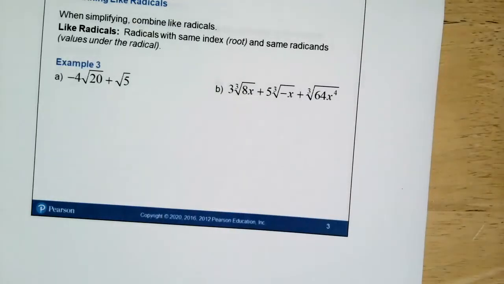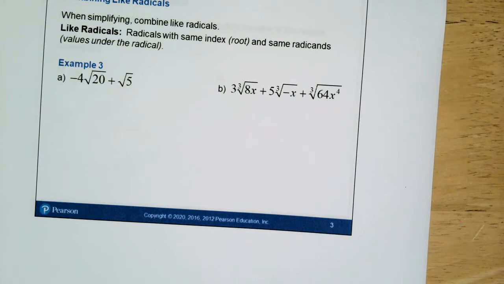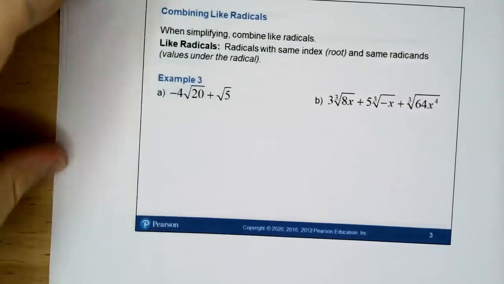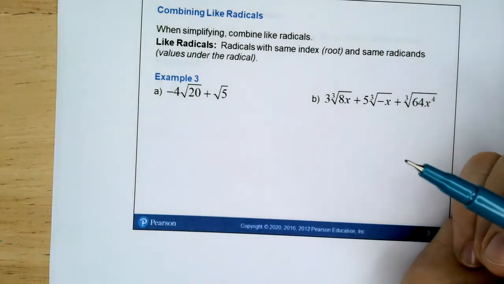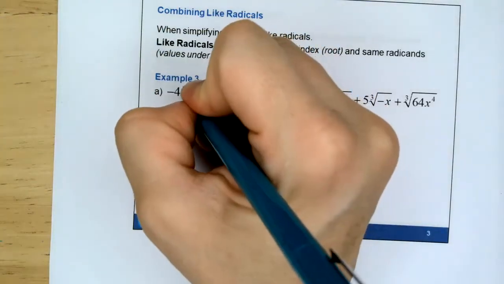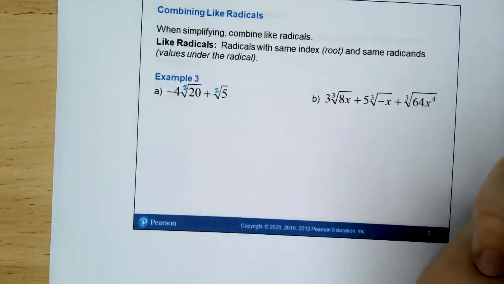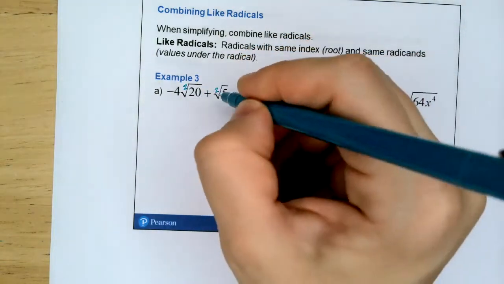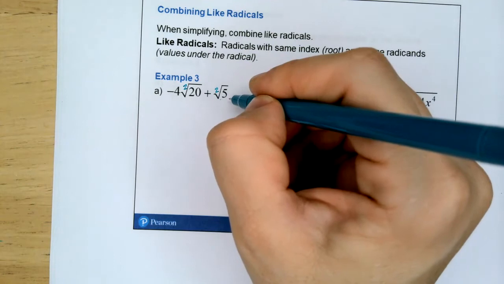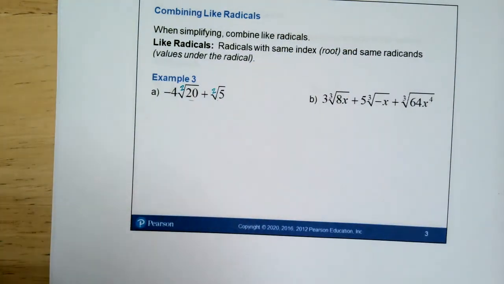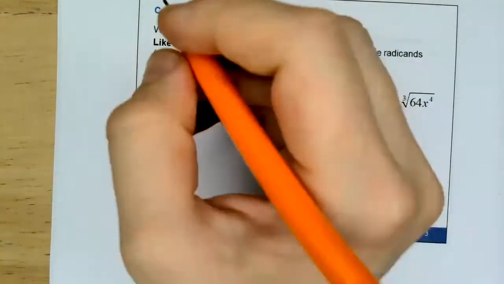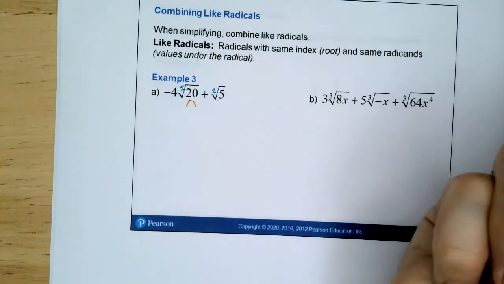Okay. All right. Now, just like we were combining like terms, we can combine like radicals. We can collect radicals that are alike. So first of all, you have to make sure they have the same index. These both have an index of 2. That means that there's a 2 right here, right? And these are called the radicands. So here I have a radicand of 5, and here I have a radicand of 20. Good. Not exactly the same, so I can't combine them, but I can simplify the